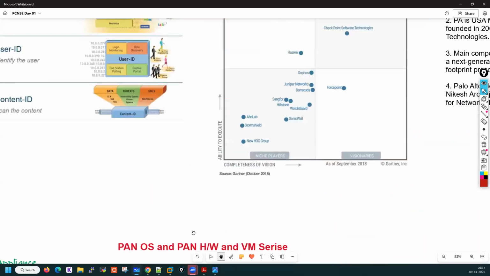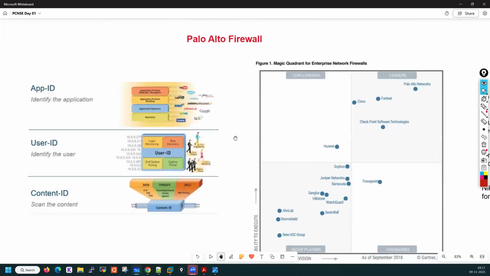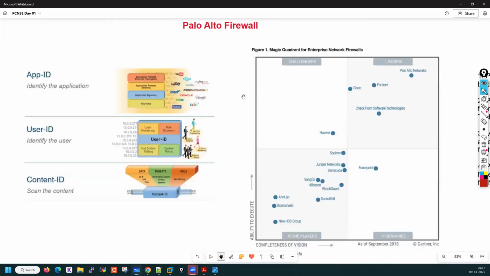Now, because we are here for the Palo Alto Firewall training. So if I talk about the Palo Alto Firewall, as I mentioned yesterday, Palo Alto Firewall is introduced in 2005. And just within 3 years of time, in 2008, this firewall became the number one firewall, and it started leading the